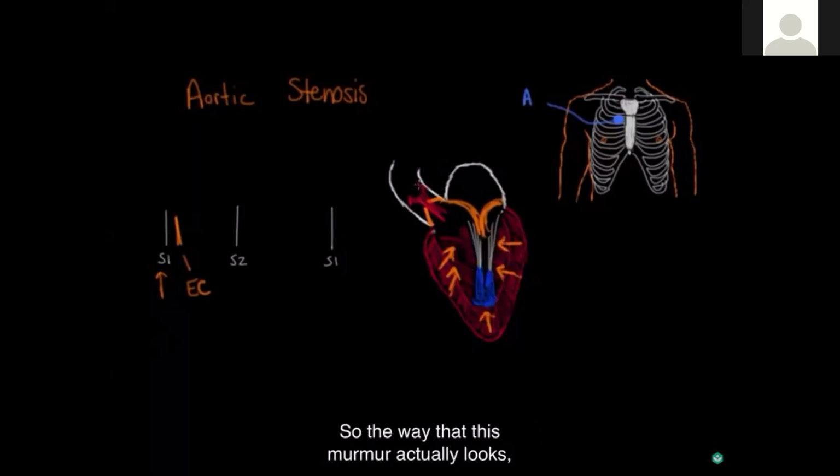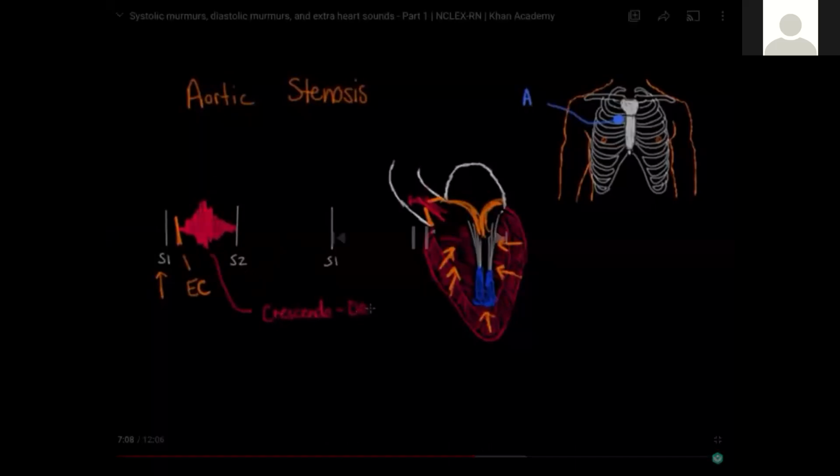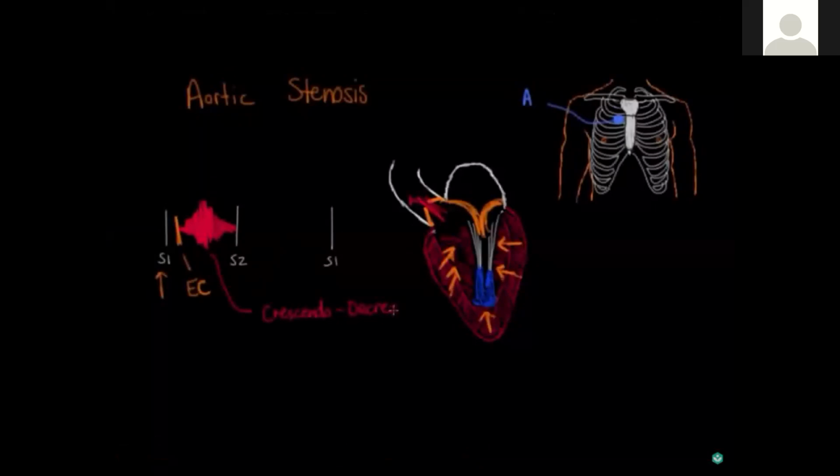And so the way that this murmur actually looks, the shape of the murmur, is that, like we said, as it contracts more forcefully, you get more and more flow, and the murmur becomes more and more intense. And then as the ventricle starts relaxing, it becomes less and less intense. And so we call this a crescendo, decrescendo murmur. And you'll also hear people call this or refer to this as a diamond-shaped murmur,